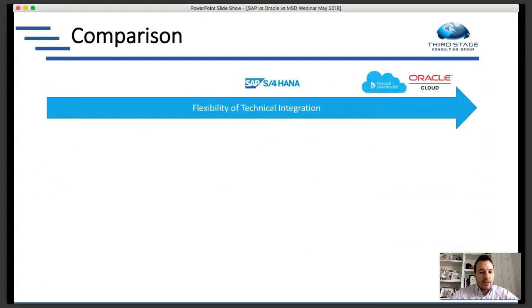And then when I look at the flexibility of technical integration, I give a slight edge to Oracle Cloud simply because of that Fusion middleware. If you know you're going to be bringing in third-party systems like a manufacturing execution system, if you're a manufacturer, if you're looking for more machine learning type stuff coming from the shop floor, and those are going to be through third-party applications, Oracle Cloud makes it easier through that Fusion middleware to bring in data and functionality and processes from other third parties. So again, it gets back to what's more important to you. If that's important to you, then Oracle Cloud has a slight edge there, followed by Dynamics. And then again, I think S4 HANA is probably the weakest in that area.